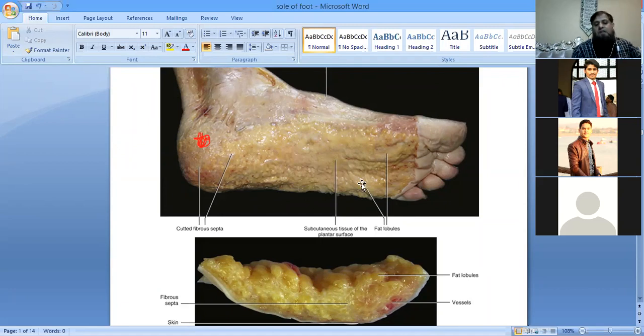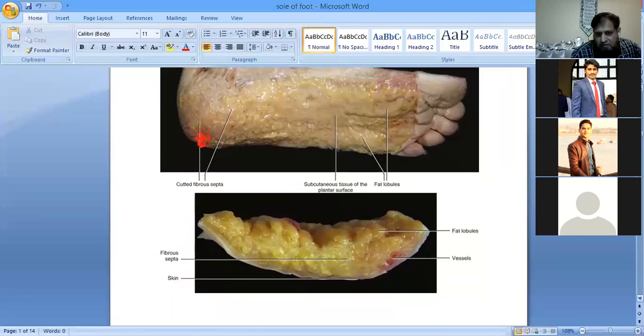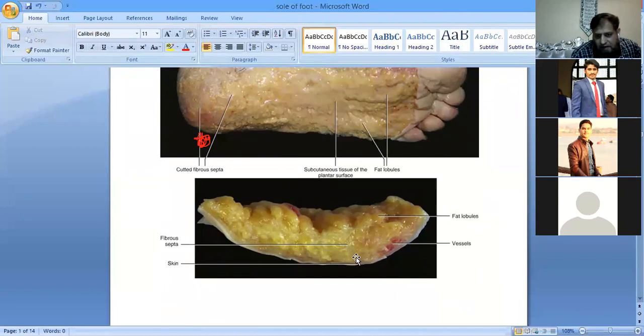So the superficial fascia in the case of the sole of the foot is dense and more fibrous. Fibrous and dense in the sense that it has certain fibrous bands, or septa basically, which are highly developed skin ligaments, right? You can see these fibrous septa over there, these white bands running across. Over here in the other picture, these are much more clear. Here you can see these white bands in the sole of the foot, right?